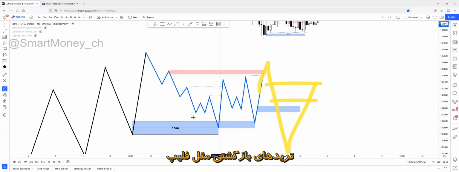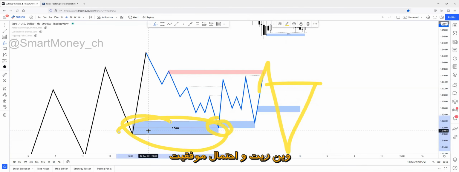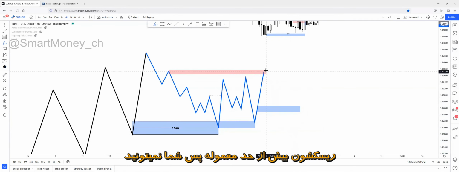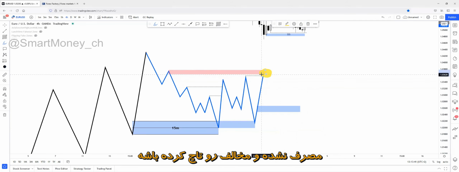The reversals, so for example, the flip or the change of character at the 50-minute zone is the strongest trade, the highest probability trade. But these cancellations are riskier trades than usual. So you can't open a position when price steps in an unmitigated opposite side zone. Clear? Did you understand this?